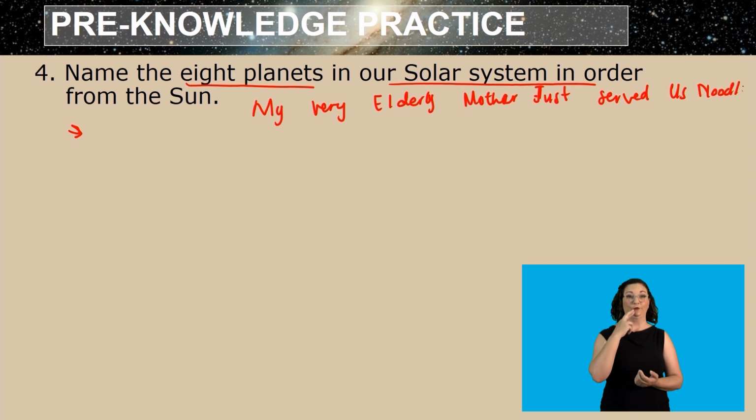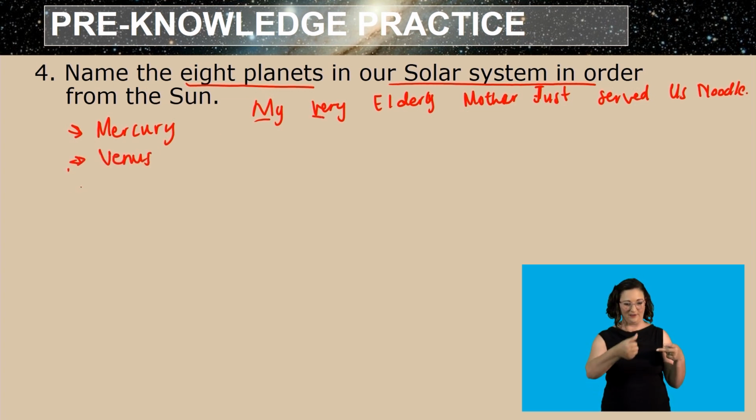Remember, this sentence helps us to identify how our planets follow each other. And there, remember, we have Mercury. Followed by Mercury, we have Venus. Right after Venus, E for Earth,